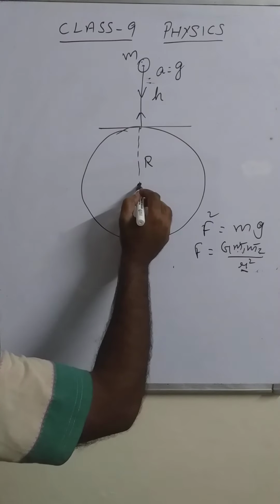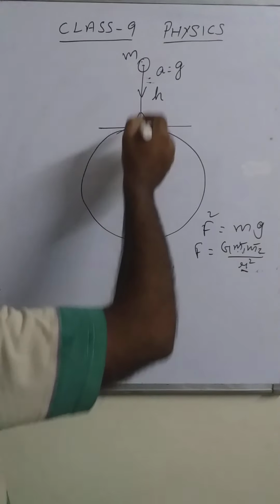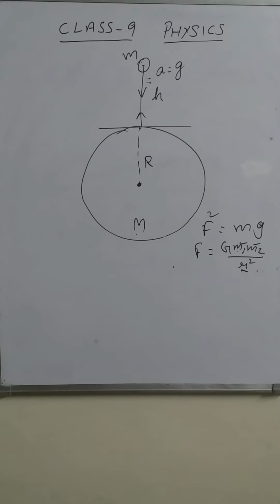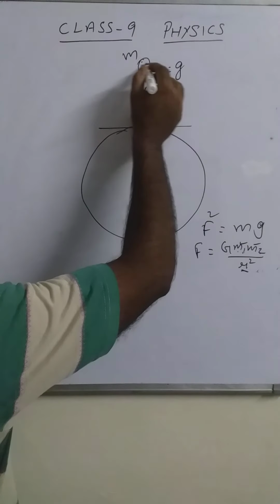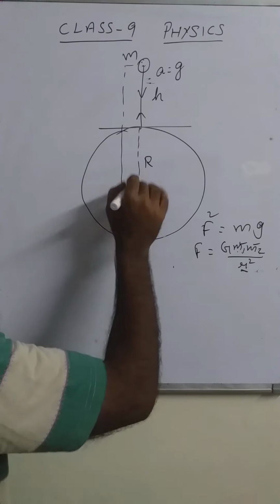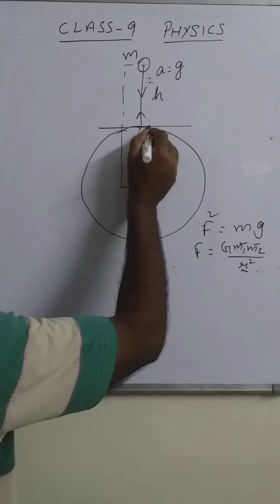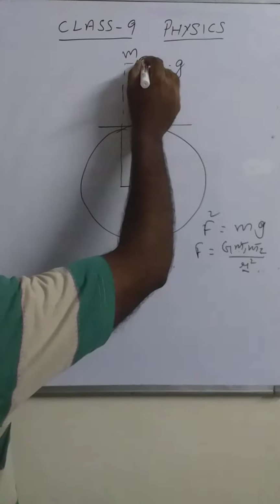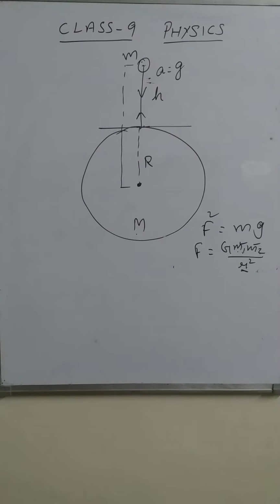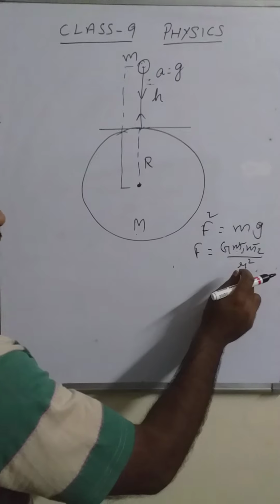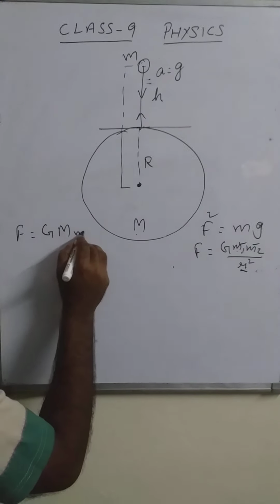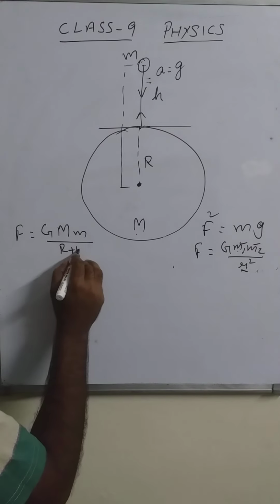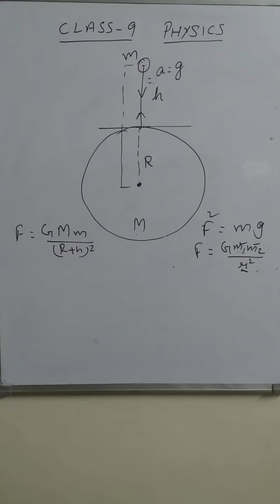Compared to the size of the earth, the object is very small, so the object can be considered as a point object. So from the center of earth to the object, that is the distance. This distance is equal to r, the radius of earth, plus the height of object, that is the height above which it is placed. So instead of r, we can write F equal to G capital M small m upon (r plus h) whole square. So this is also the force of attraction.